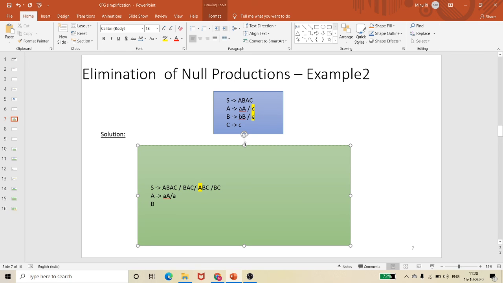And with the B production, in the B production I actually have capital B, and I need to remove this epsilon production, which I will be doing after a few minutes. Then comes my capital C production, which gives small c. So for all my A's I have substituted epsilon for all my non-terminal A. So somehow or other I have handled it.